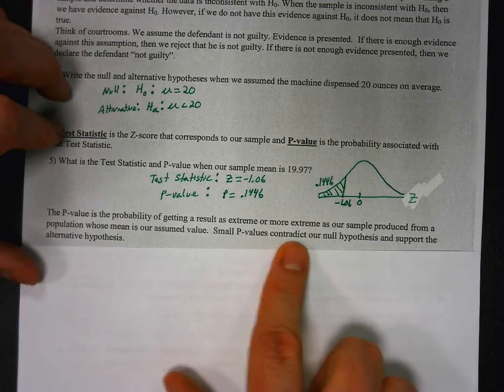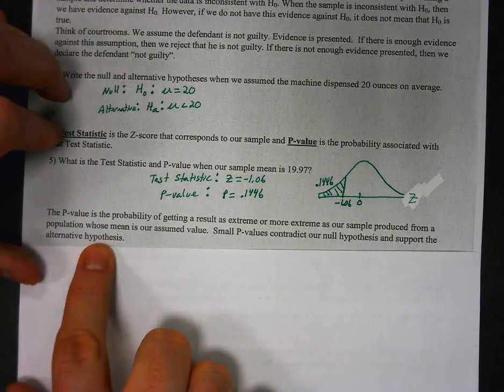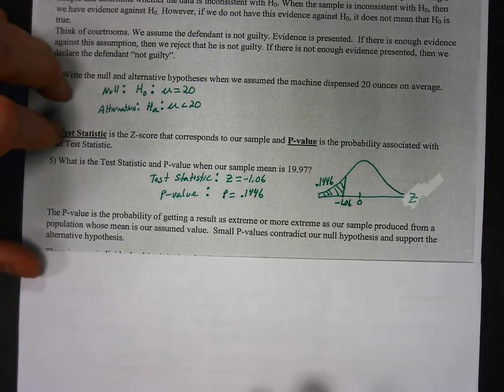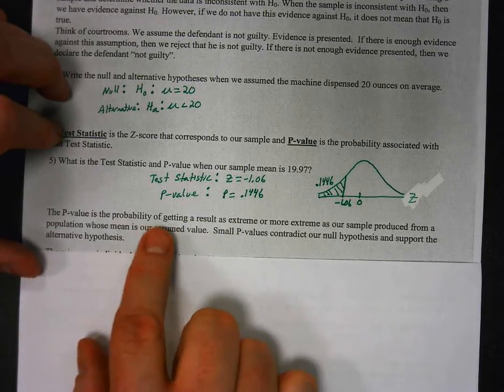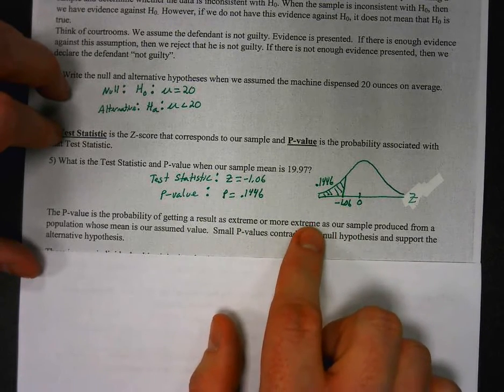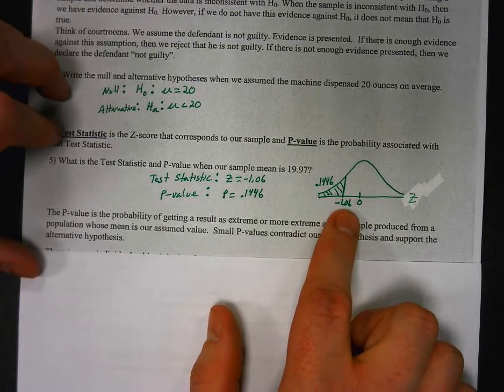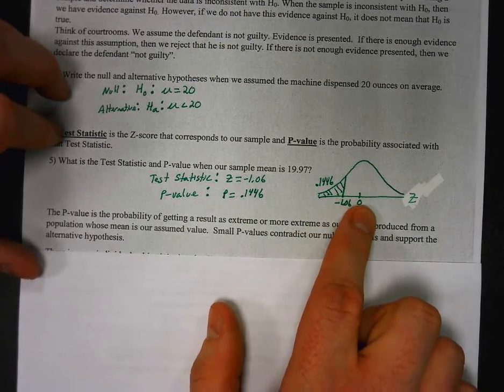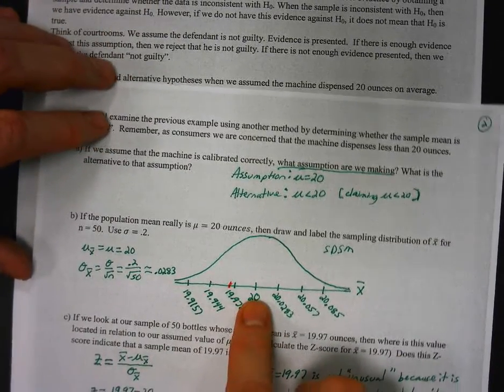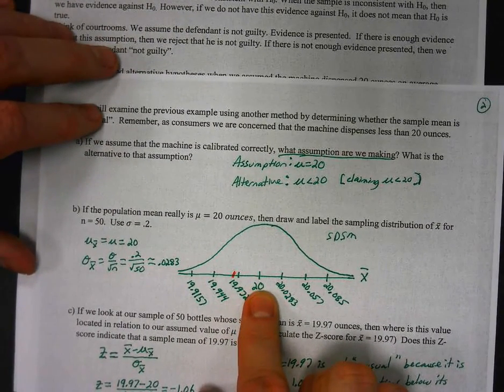Small p-values contradict our null hypothesis and support the alternative hypothesis. What happened on this one was that we said that a z-score of negative 1.06 was not a very extreme value because it's only 1.06 standard deviations below the mean. Now remember, our original distribution for that had a mean of 20 because that was our assumed value for mu,